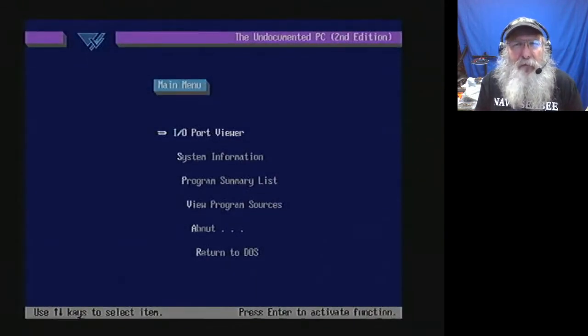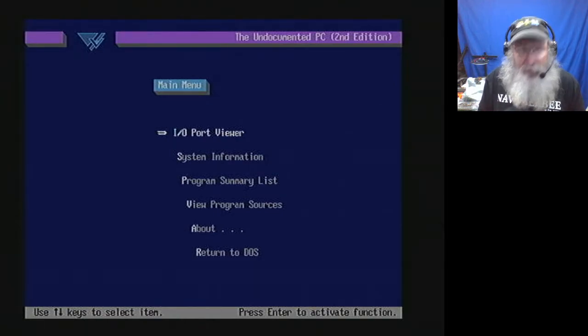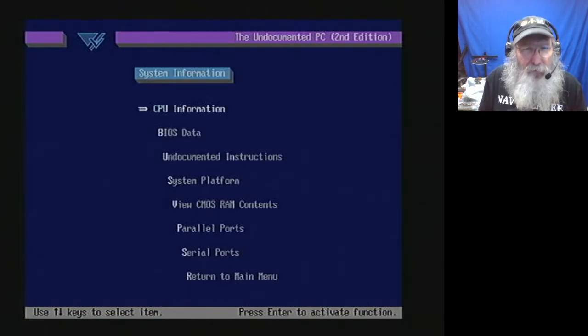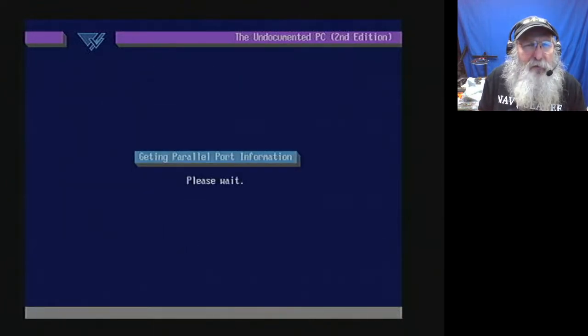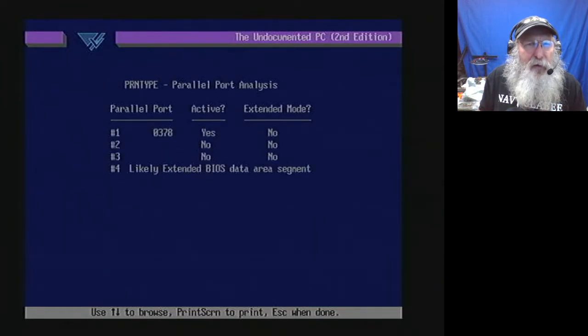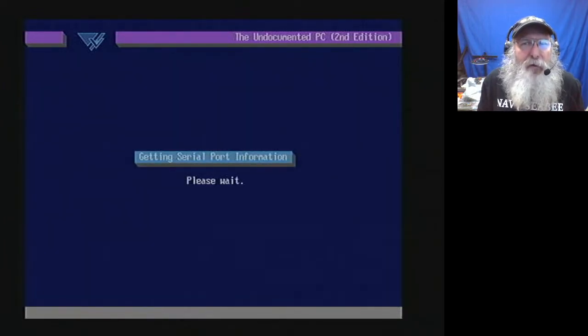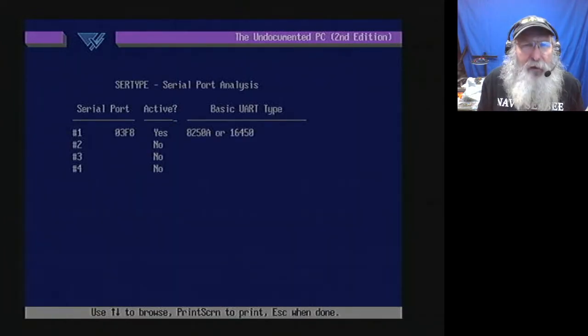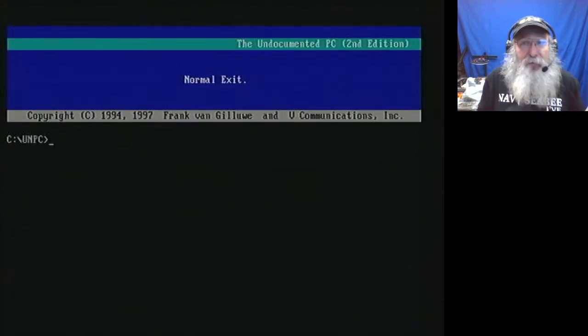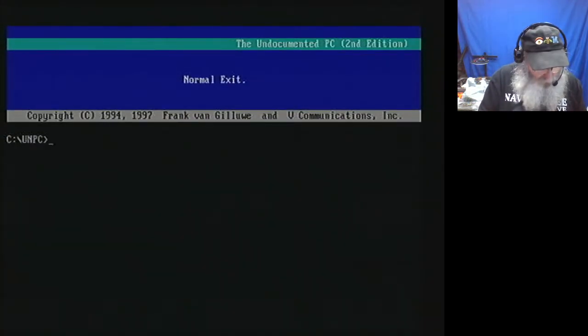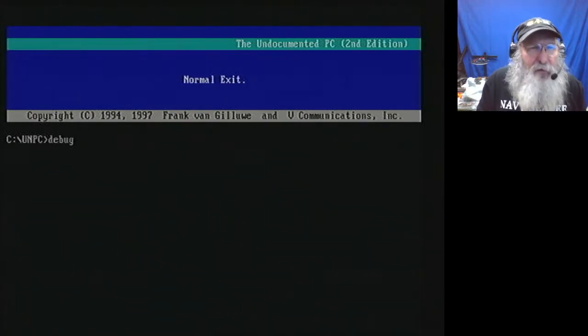We went through and we did look at the parallel port, serial port being active. Okay, active. I did go through that. I apologize. Okay. Back out at the command line again. At least we have the screen in better condition. We're going to start up debug again. We're going to look at that